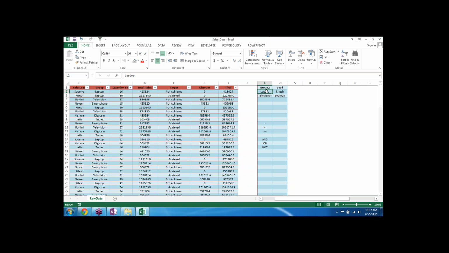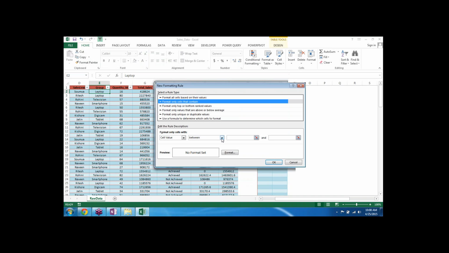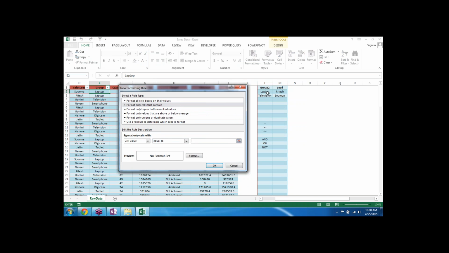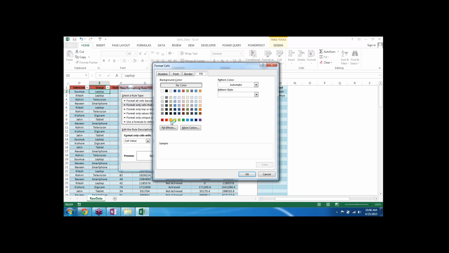We were doing conditional formatting, new rule, and then we said we can take it as a format, and wherever this is equal to this particular laptop, it will show me a color, let's say like this.